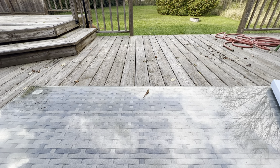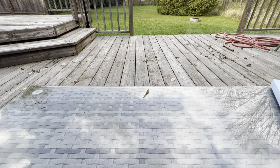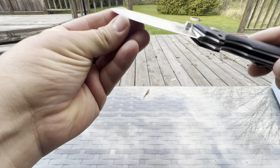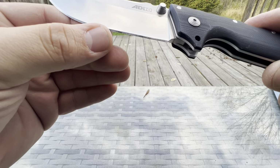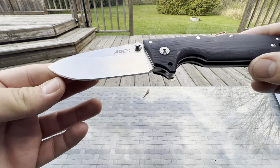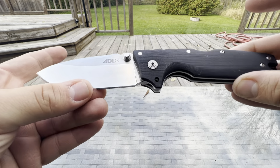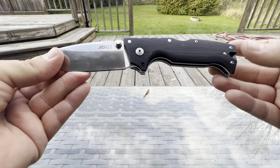I wanted to make a video showing how to put a convex edge on a knife. This is the Coarse AD10 and it comes with a V edge, and I tried to leave it on there, but I'm not skilled enough to really maintain that V edge very well without a lot more training. And I really like the convex edge, and I feel like I don't really have enough of a reason to really invest that much time